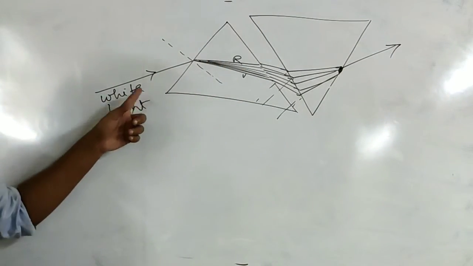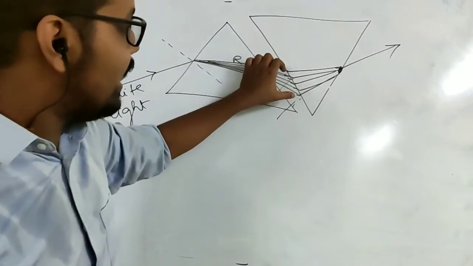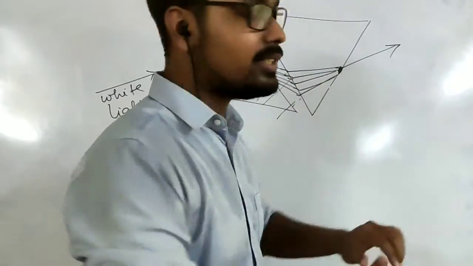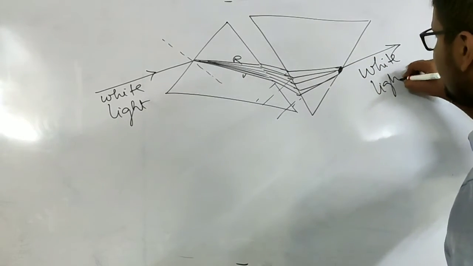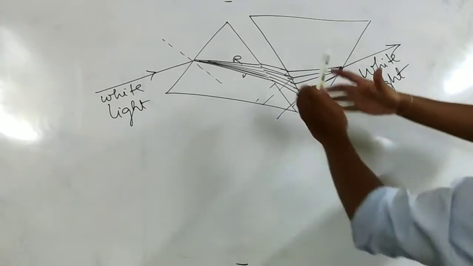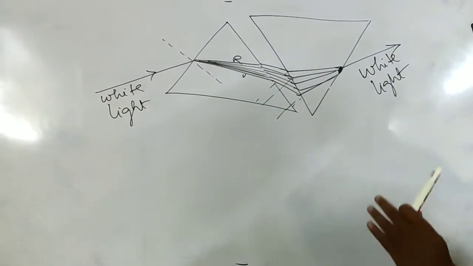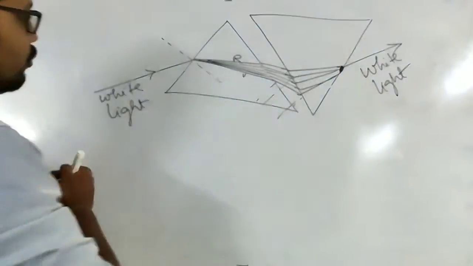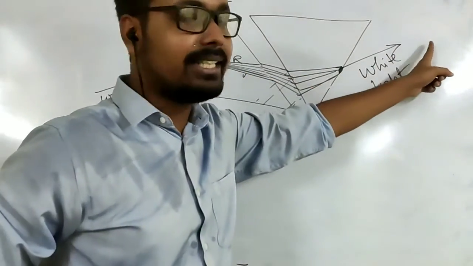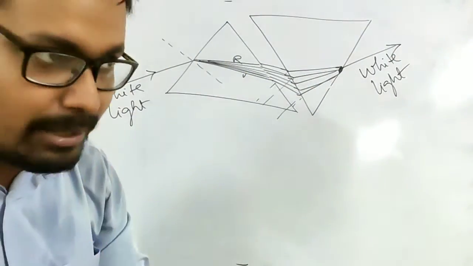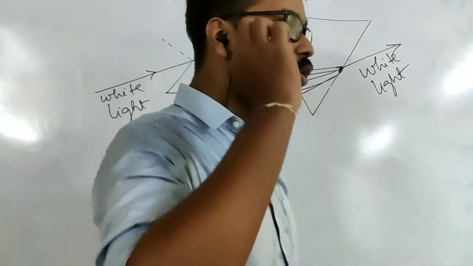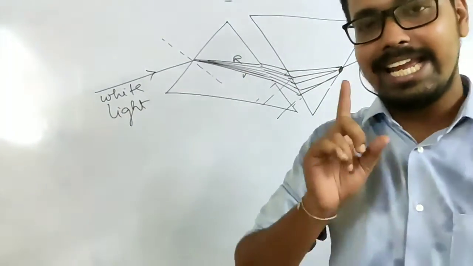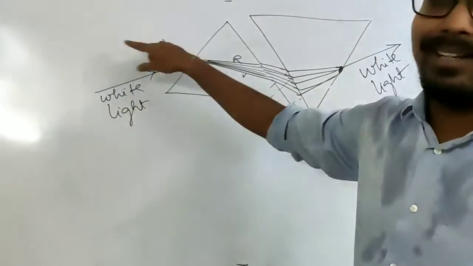Just like what happened here. It came in as a single light and split into 7 different colors. Here again they are combining and coming out as, it will be this light, this will be again this light. And this is the experiment that Newton did by placing 2 prisms, one in the inverted, one in the straight position. He saw that when white light was allowed to get in, the ultimate light that came out was again white light. That means this splitting into 7 colors proved that only 7 colors are present in white light,